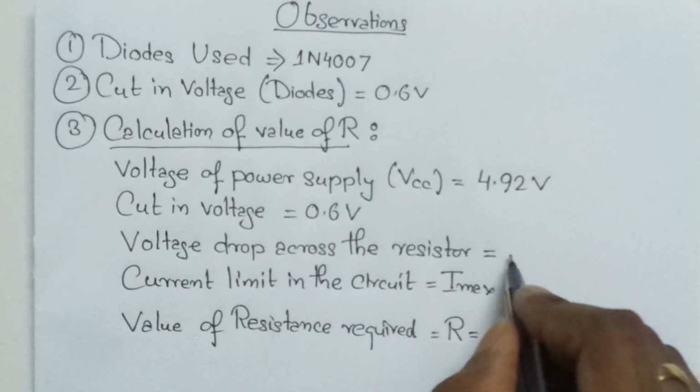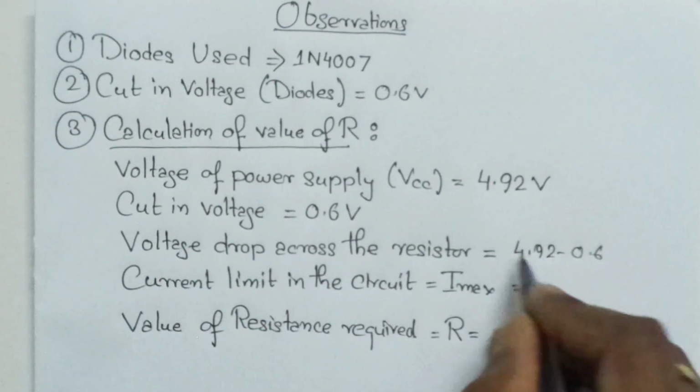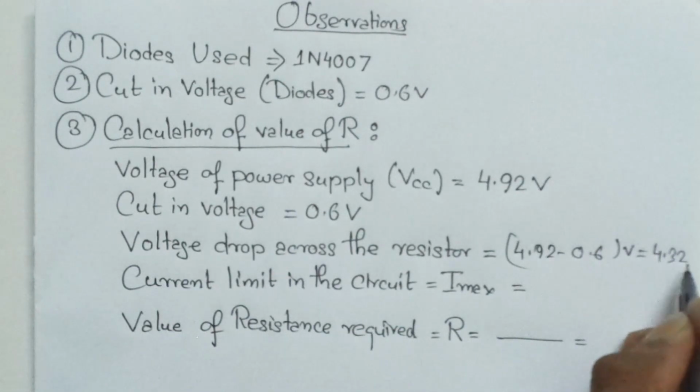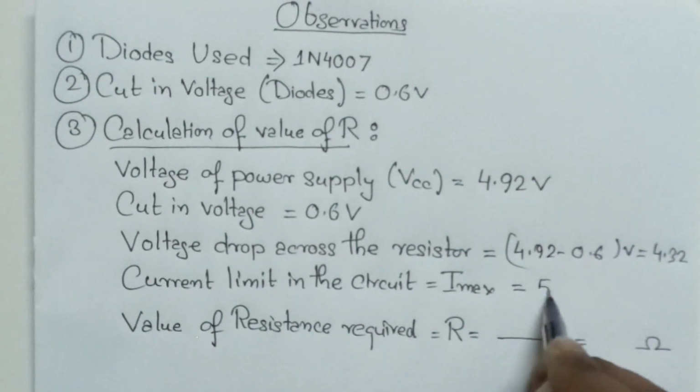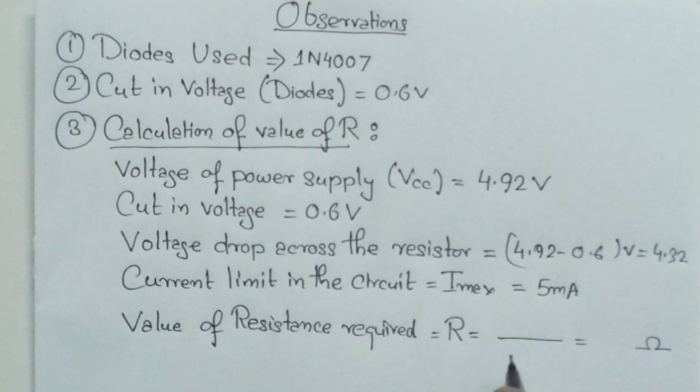So the voltage drop across the resistor should be 4.92 minus 0.6 volt, which is 4.32 volt. Now we want to limit the current in the circuit to 5 milliampere. So the resistance required in the circuit is 4.32 divided by 5 times 10 to the power minus 3, which is equal to